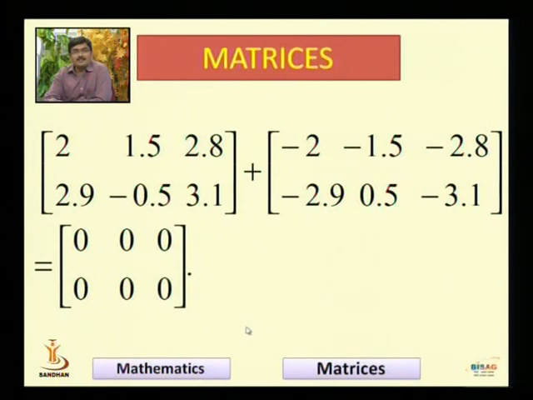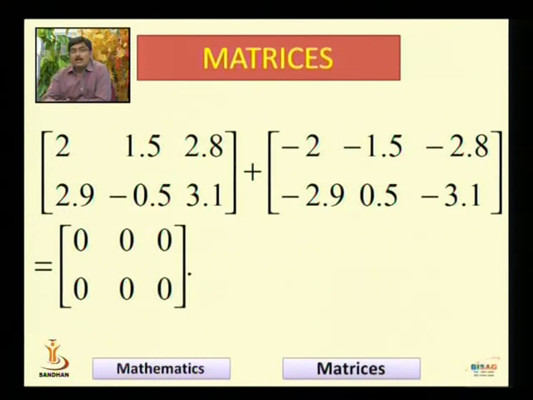Since I want to add this matrix with another one, I have again taken a 2 by 3 matrix. I have just taken the additive inverse of the elements of the first matrix and manufactured the new one. You see over here that the first element of the first row is 2. So, I have taken the first element of the first row to be equal to minus 2, and similarly it is true for the other elements. Now, according to the definition, when I have to perform the addition of matrices, I have to add the corresponding entries, but addition of corresponding entries is going to give me 0 at each place.